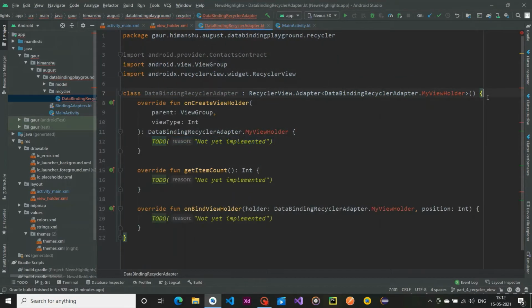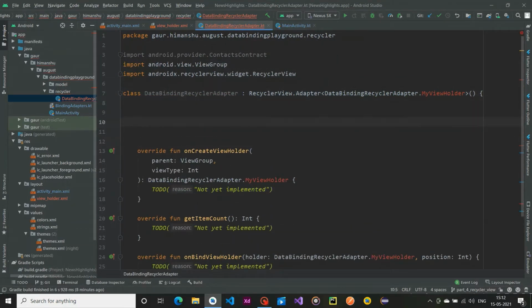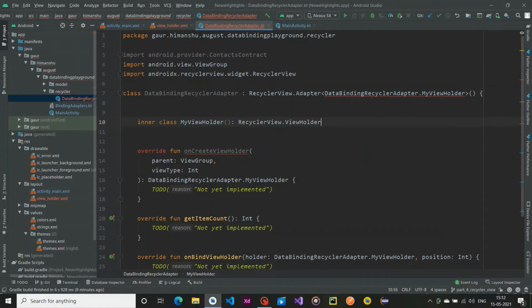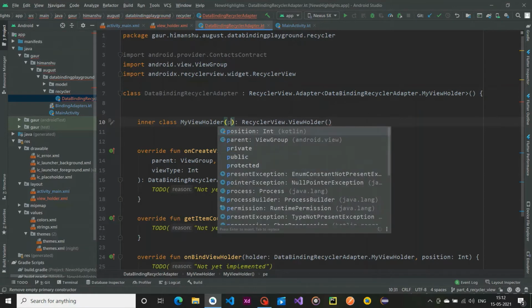and then within our data binding recycler adapter class I'm going to create an inner class named my view holder. This class is going to extend recycler view.view holder, and in this constructor we are going to pass our view.